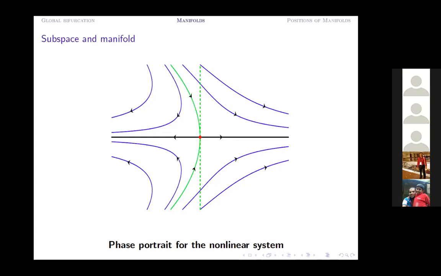And of course, in order to see that particular result, you need to consider at least one eigenvalue with zero real part, or a complex conjugate eigenvalue with zero real part, but that is beyond the scope of my today's talk. Okay, so this is the explanation of how manifold and the corresponding subspace are related. Now the question is why I'm talking about this kind of terminology, that means subspace, manifold, etcetera.